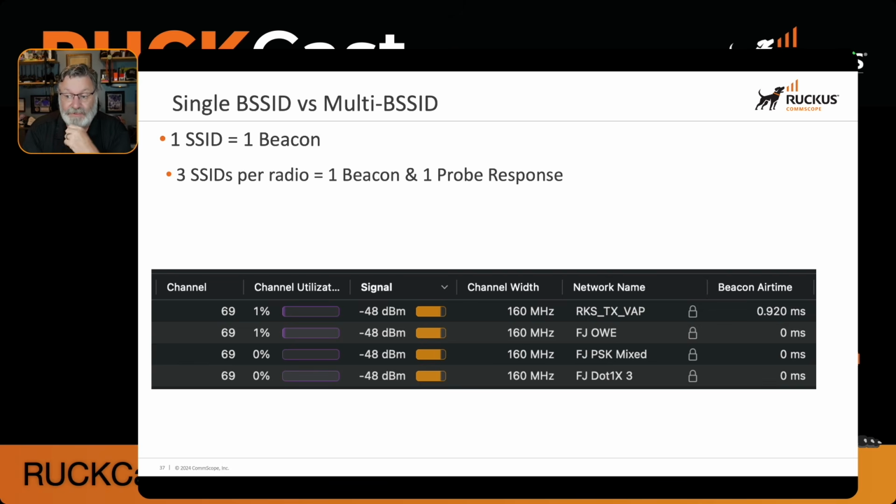But more importantly, what you'll see is you have a new network now. Even though we still only have 3 SSIDs, I'm showing 4 networks on the screen. But when you take a look at that beacon airtime again over here on the right-hand side, what you're going to notice is it's 0.92 milliseconds for an SSID that we didn't create, we didn't configure. And it's called the RUCKUS TX-VAP,